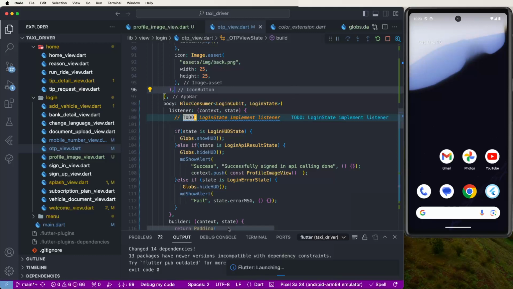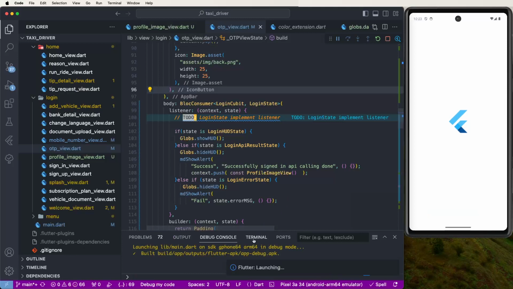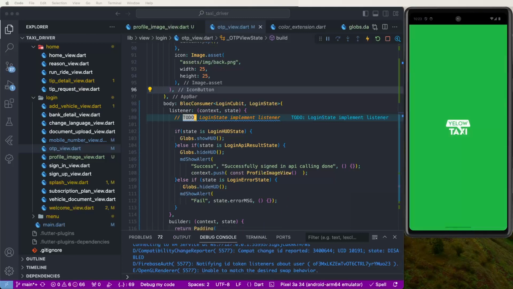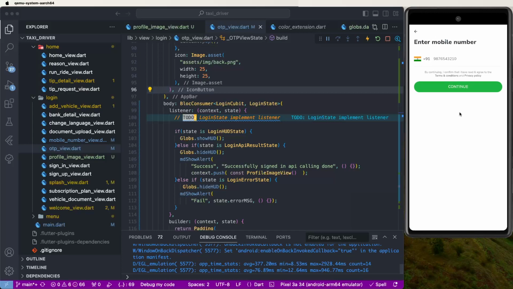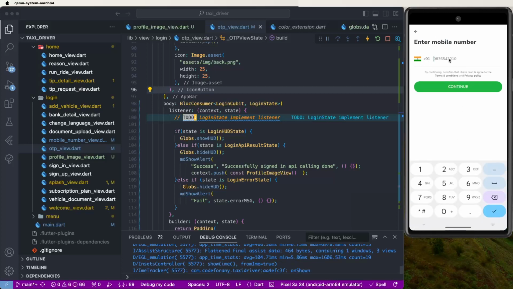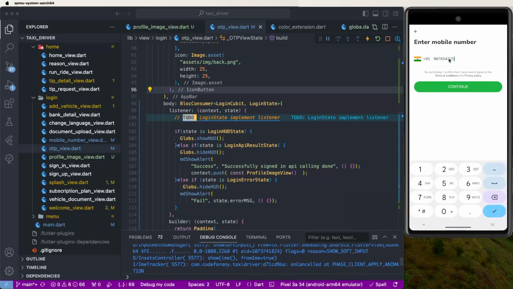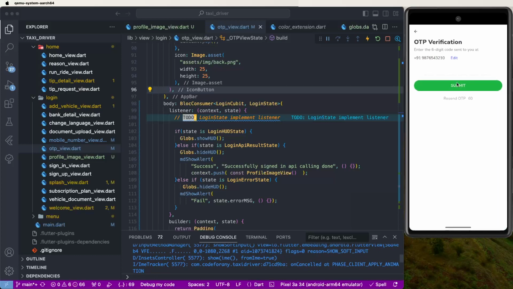Now this is the buildings here, this helps and build done, and to now need to test this here. Now need to select here, now to set starts. Now need to enter here